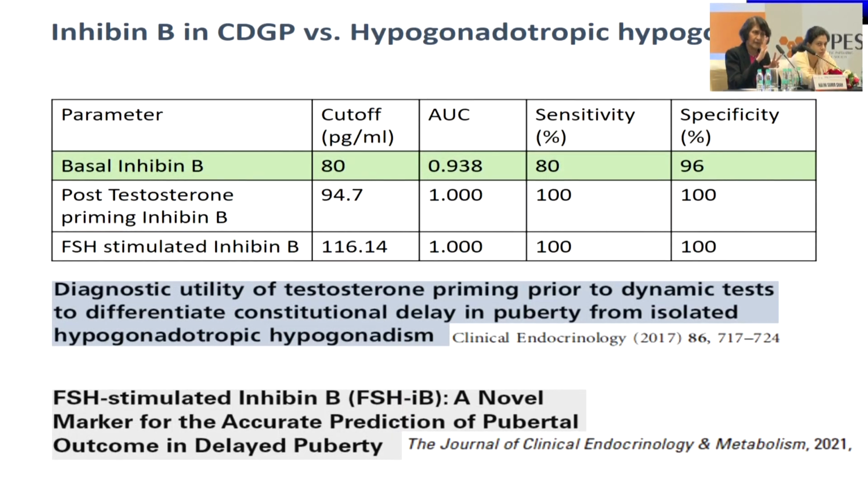This is a group of papers which have talked about inhibin B in basal state, post-testosterone priming, and post-FSH priming, with different sets of cutoffs. And you can see the yield, which is beautiful compared to basal. The stimulated values of inhibin B have been nearly yielding towards 100% sensitivity and specificity. Again, we'd like to just use them as our fulcrum to bring home some challenges which can be encountered in